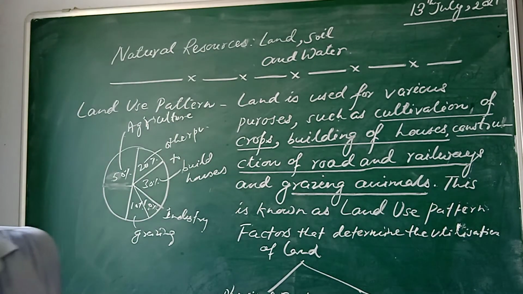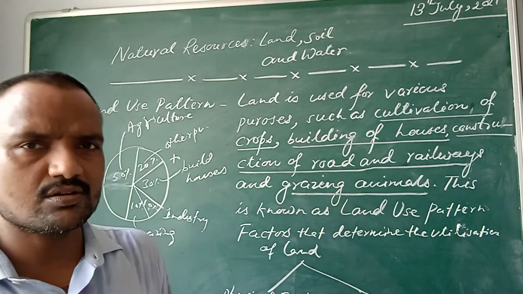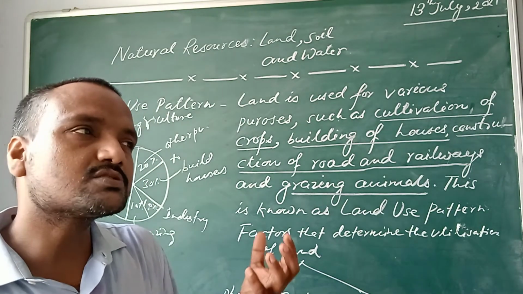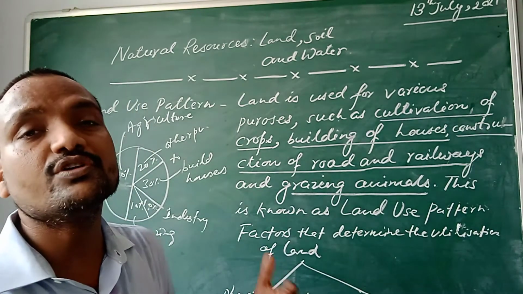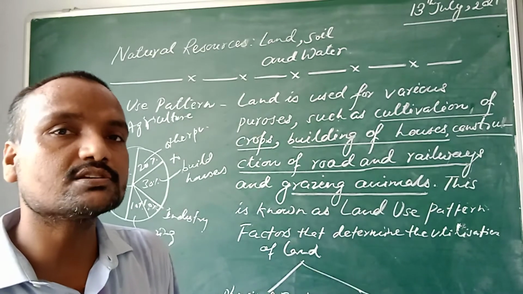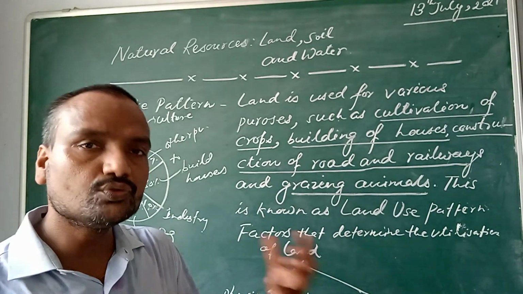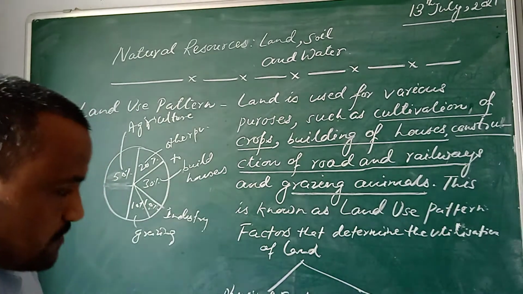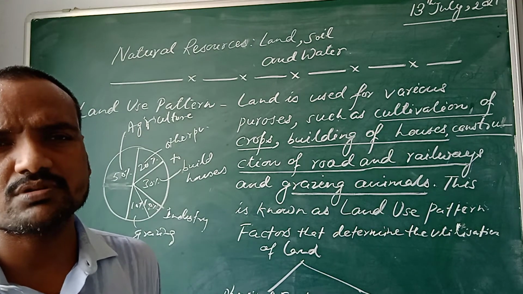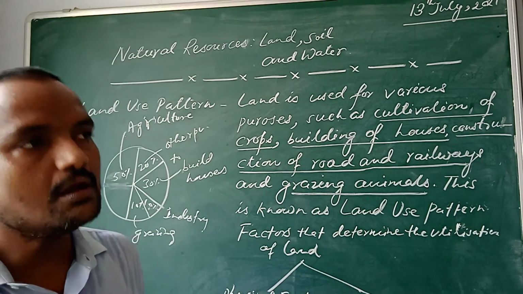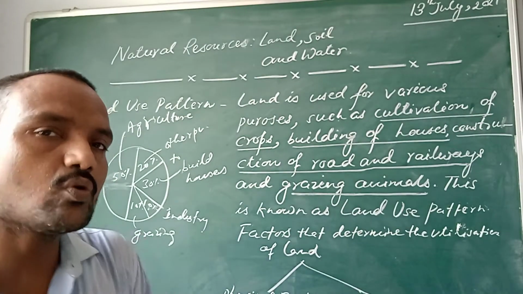Second, technology also decides. Suppose there's a place which is full of minerals. But we do not have the technology because of which we can't harvest or exploit the resources present over there. In that case, we would not be able to use the minerals present over there. Apart from this, social requirement also is responsible. Suppose we need a road, in the areas we need a road,